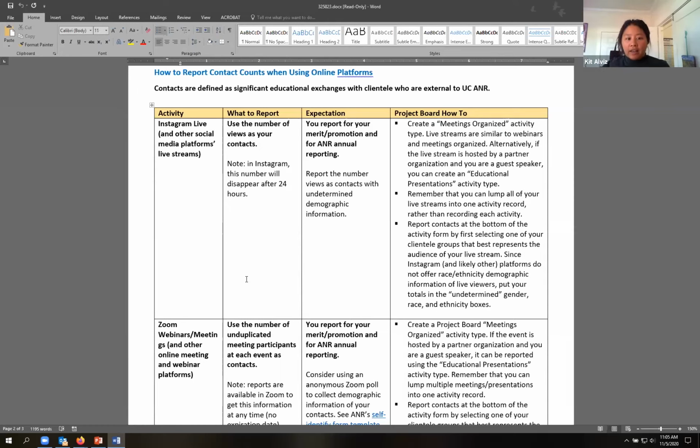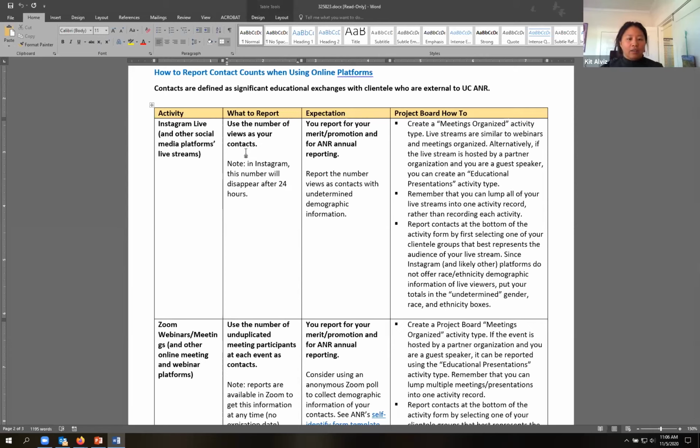So Instagram Live. I want to really make sure I differentiate here. Your Instagram posts, your Facebook posts, your tweets are not live. They're posts that you put out and the public sees or your followers see. When you go live on something, that's like you putting your video on, people are coming and interacting with you through the chat and things like that. So when you're doing Instagram, social media, Twitter posts, those are indirect extension. But when you do live, those can count as a direct extension activity because there is kind of a live